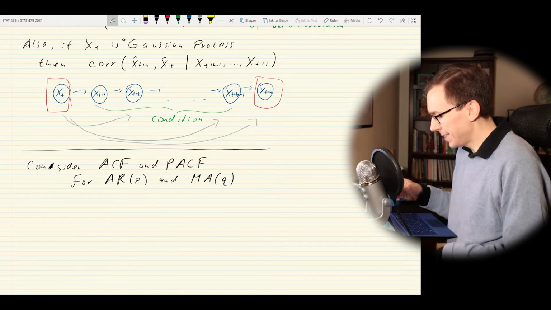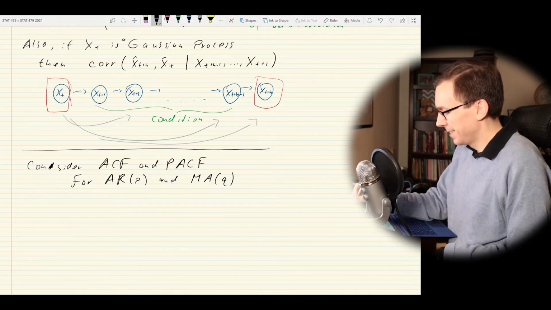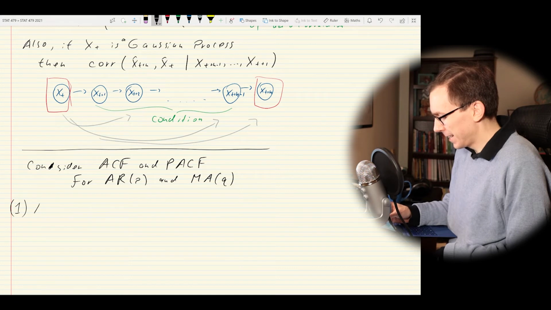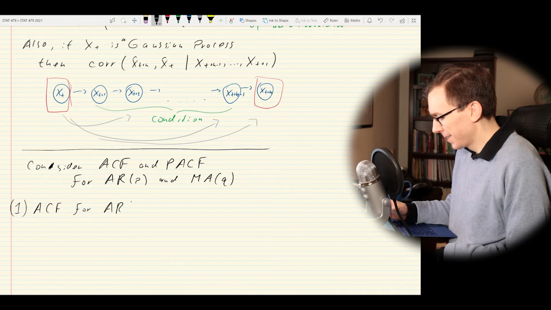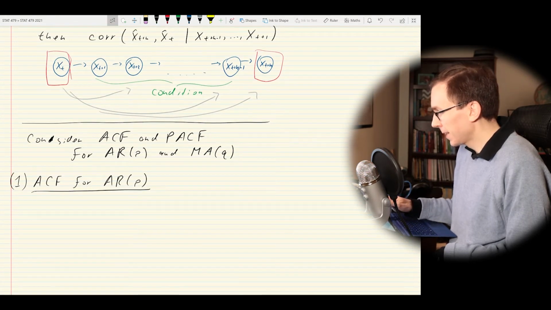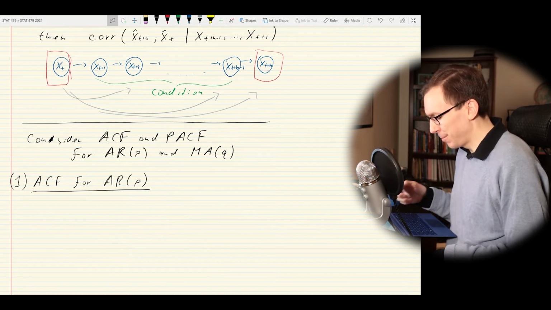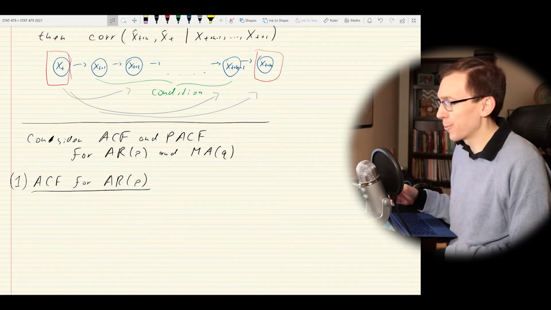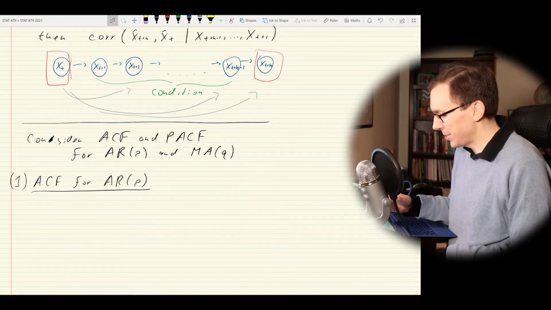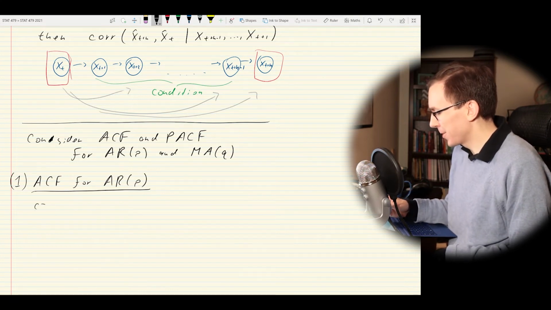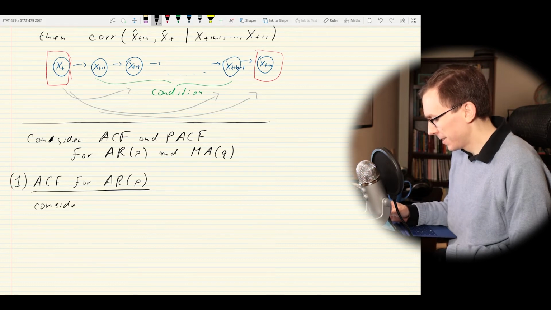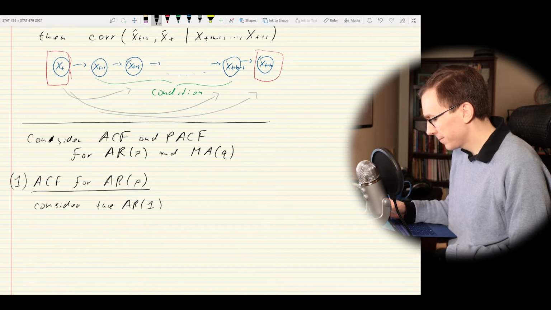So let's begin with, so we'll say setting number 1 is going to be ACF for AR(p). Okay, so we need a simple setting. So what are we going to do? We're going to use the AR(1) process because it's so much easier to work with than having extra terms. So we're going to consider the AR(1) model process,